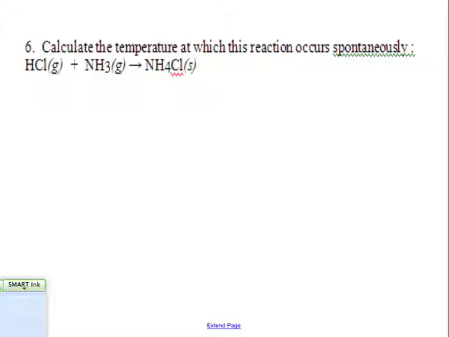Calculate delta H and delta S. How? Big Mama. Then what? I can't calculate delta G because I don't know if I'm at 25 degrees Celsius. So what do I do? What would that be? The point at which it would be positive or negative. What would be a good thing to plug into delta G? 0. I'm going to plug in 0 for delta G